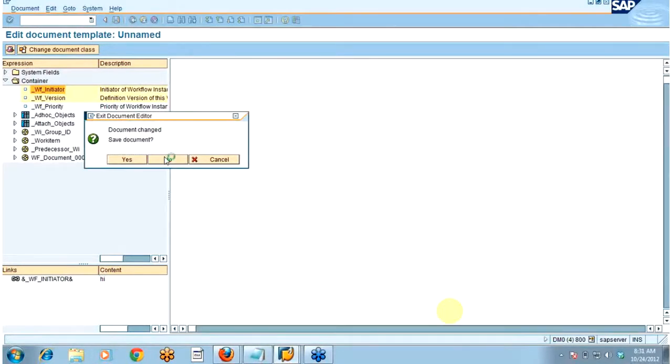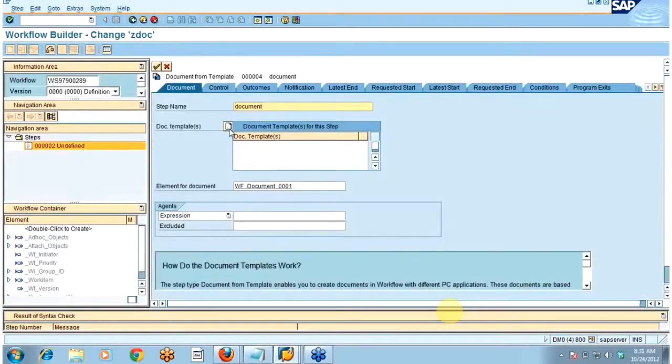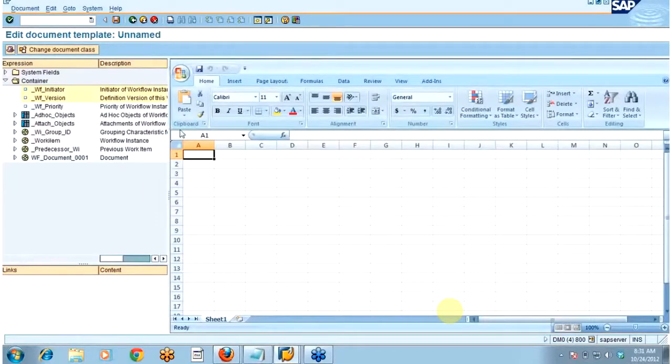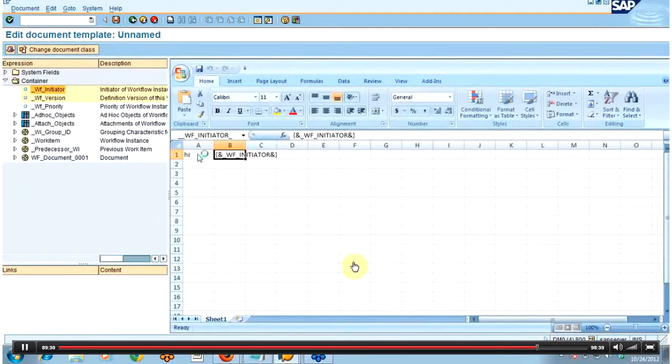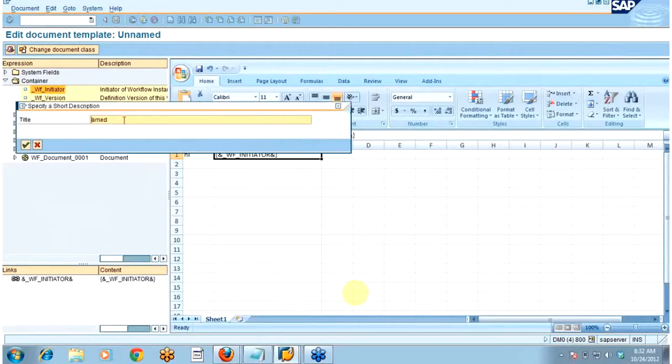Let me create the form again. Here you can write anything as well. You can bind it with these workflow container elements. If you have custom workflow container elements, you can do that. Just save it. Give the document number.